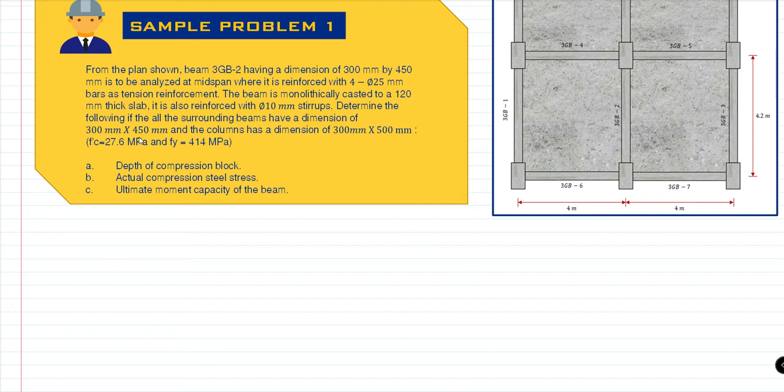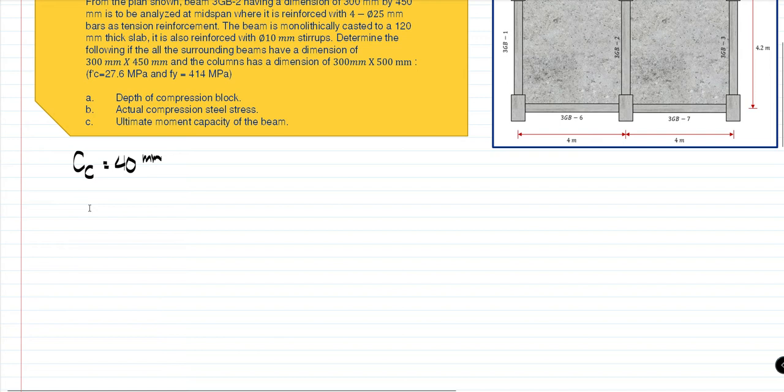So since ito yung 3GB-2 at kung mapapansin natin, that is an interior beam na. So ibig sabihin nasa loob na siya nung beam natin or nung structure natin. So ibig sabihin hindi naman siguro siya masasubject to the change of weather conditions. So, ibig sabihin, pwede natin sigurong kunin ito as a concrete clear cover of 40 mm, which is stated in the code. So, from this one, we could have